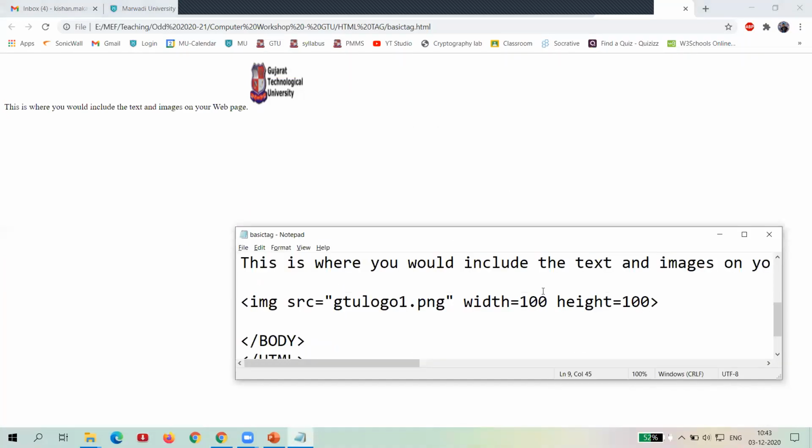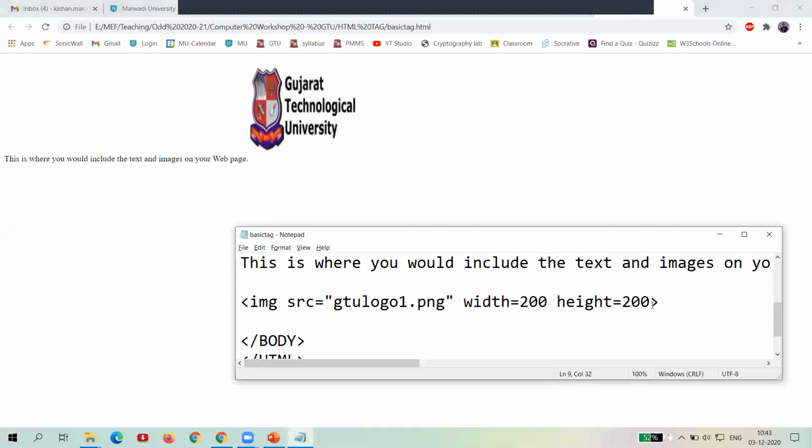Now you can see the image is too small. I have applied width equal to 100 as well as height equal to 100, and that is the input in pixels. Like I check with 200 and here 200 also.